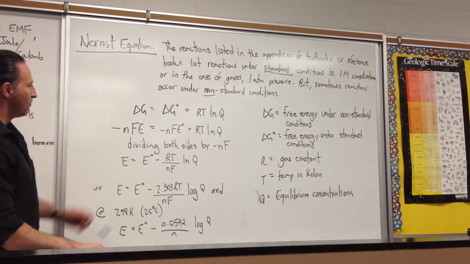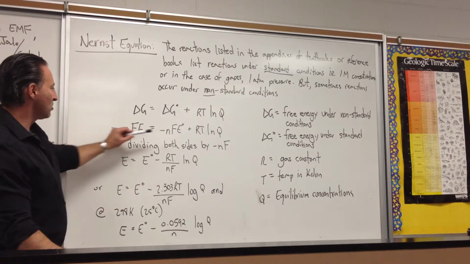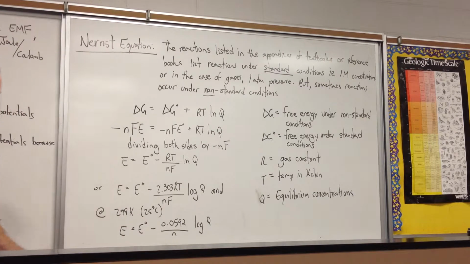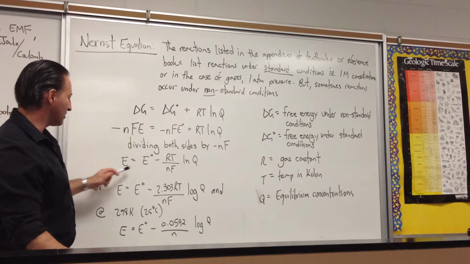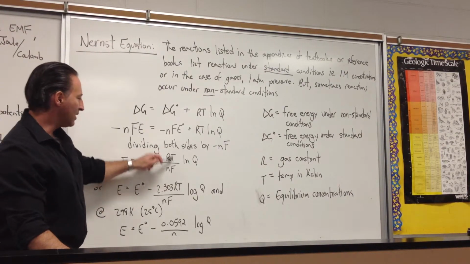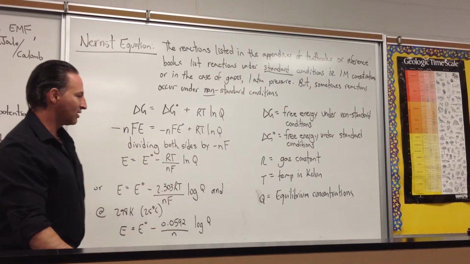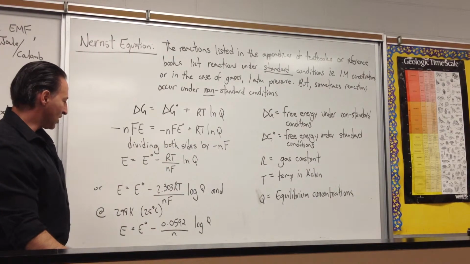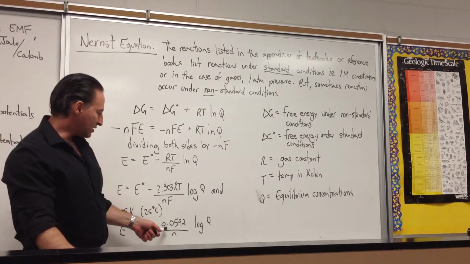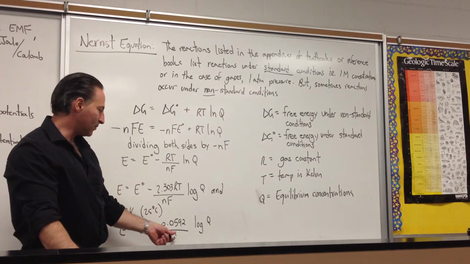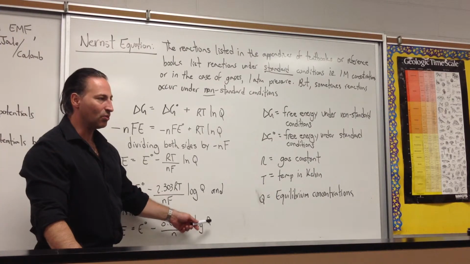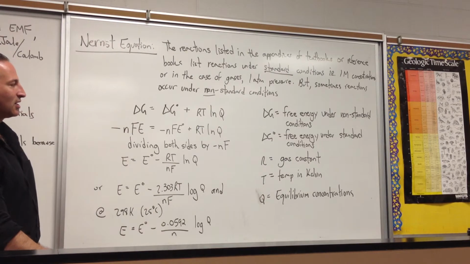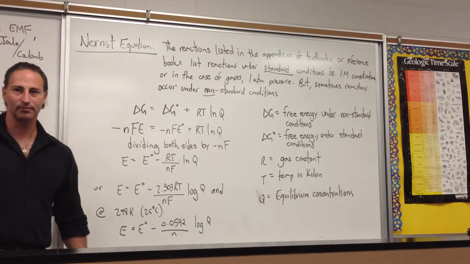Walter Nernst modified this equation by dividing both sides by negative nFE, because we recall from the previous board that delta G is equal to negative nFE. Dividing both sides by negative nF, we get that E is equal to E naught, the standard voltage, minus the changes from the standard conditions. So the final voltage can be reported by the Nernst equation, once we simplify it, to be E equals E naught minus 0.0592 over n, where n symbolizes the number of electrons transferred in the reaction, times log of Q, where Q represents the concentrations of the substances involved. Pay attention,